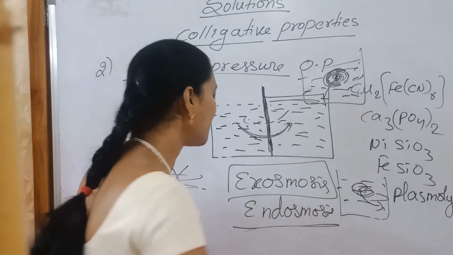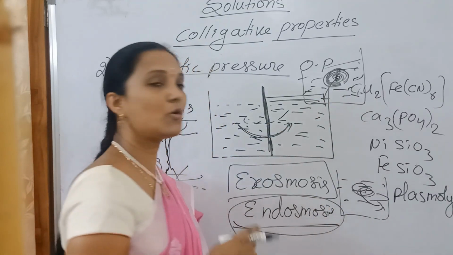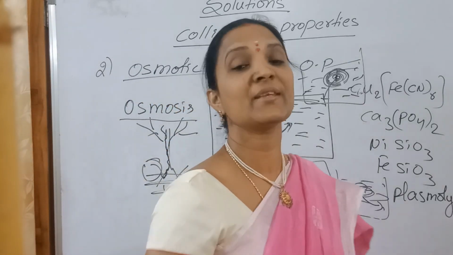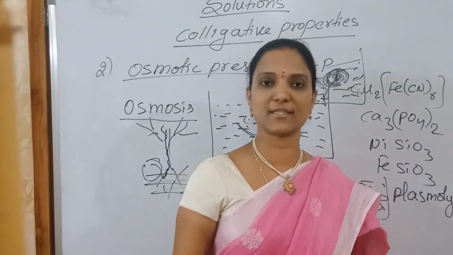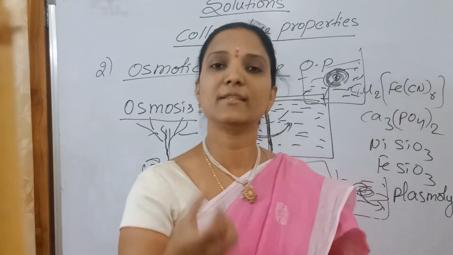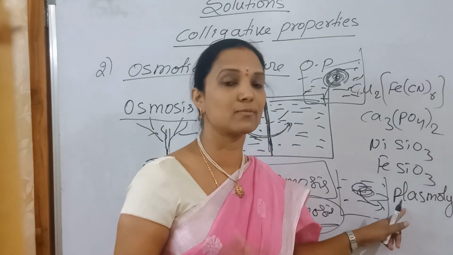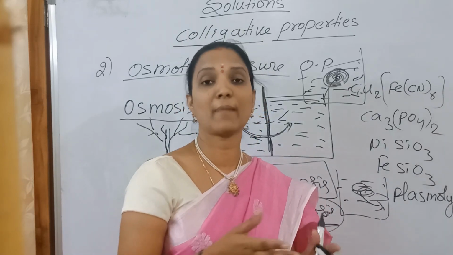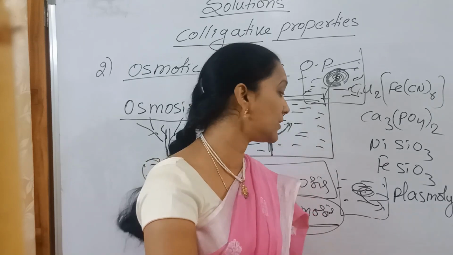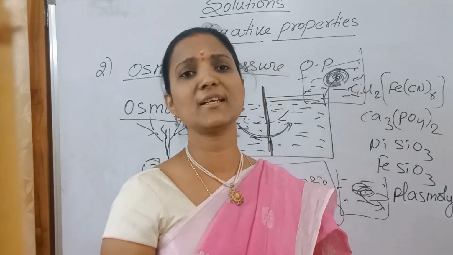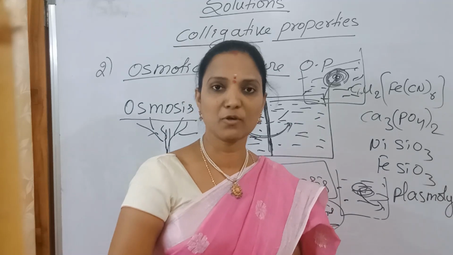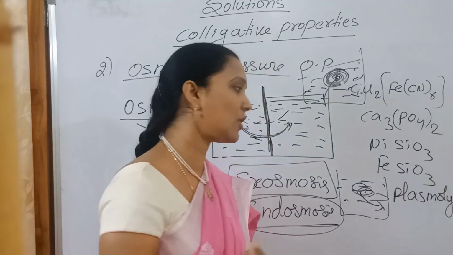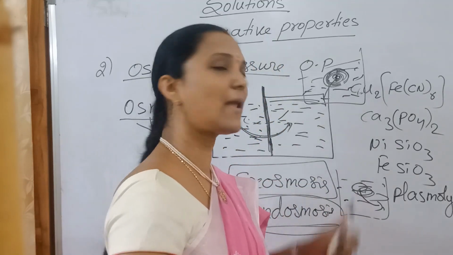That inward flow is called endosmosis. Outward flow is called exosmosis. So if mango pieces are placed in more salt, they shrink. That is called plasmolysis. What happened here? Exosmosis, outward flow. Why outward flow? The mango pieces are dilute and outside only salt is there, so that is concentrated. Flow of solvent from dilute to concentrated takes place, so it shrinks. That is plasmolysis.